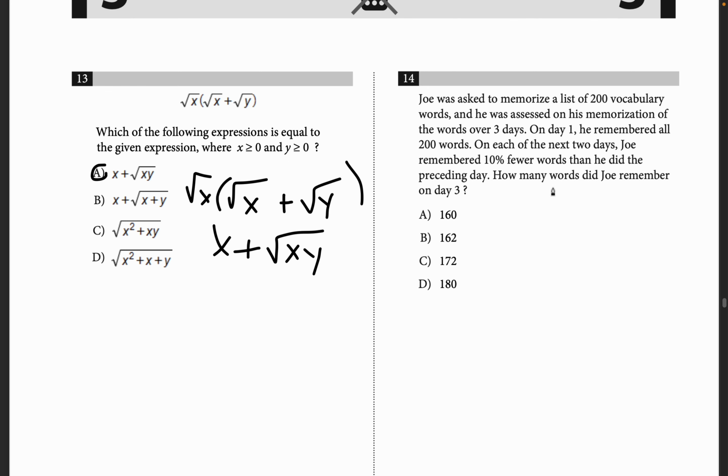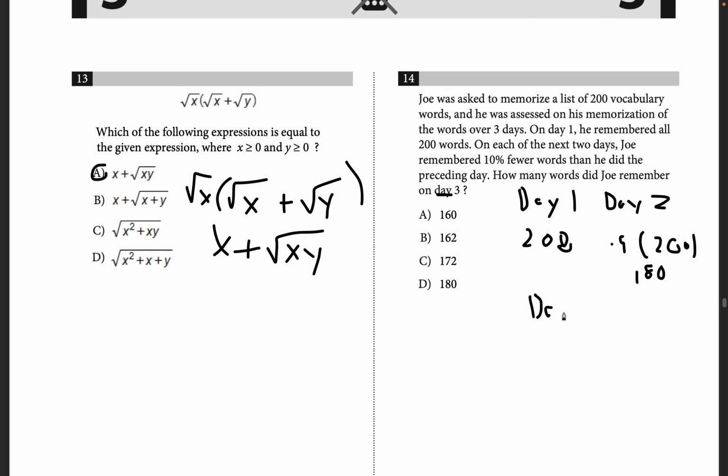14. Joel was asked to memorize the list. Okay. Day 1. Okay, so let's map this out. On day 1, he had 200. On day 2, he had 10% fewer. So that means 0.9 of 200. What we could do is find 10% of 200, which is 20, and then multiply by 9, which means that will be 180. So he had 180 words on day 2, and then day 3, which they're asking for us right here,